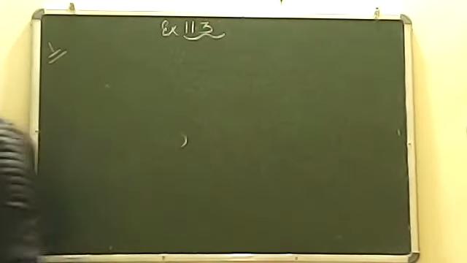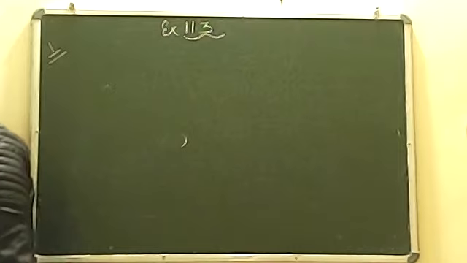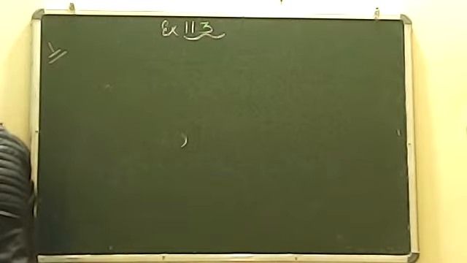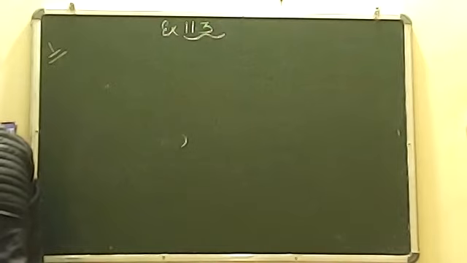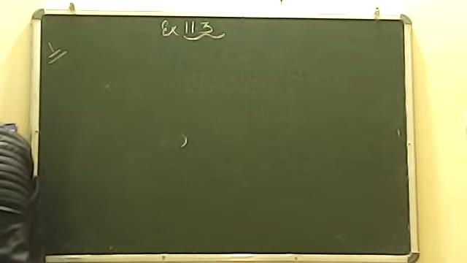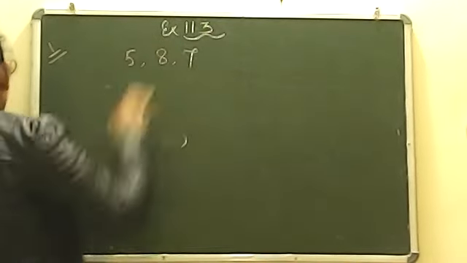Question number 1. Question number 1 is you have to make up as many expressions with the numbers, no variables, as you can form from 3, 5, 7, 8. Every number should be used not more than once. Use only addition, subtraction, and multiplication. It means you have to choose the numbers 5, 8, and 7.